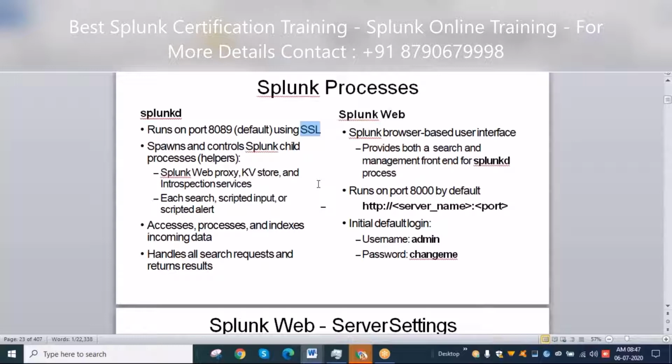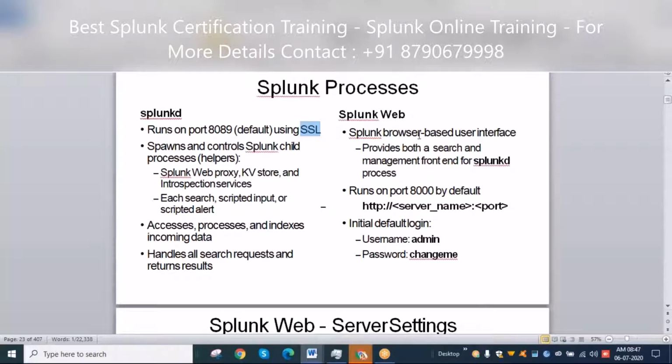Mostly he's talking about Linux and the Splunk browser. He has taken some examples with splunkd along with Splunk Web.